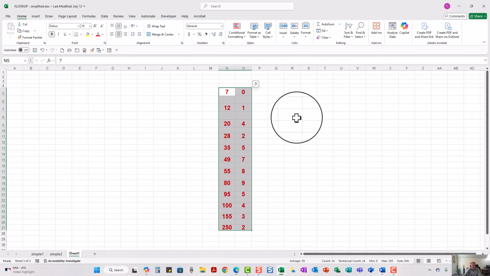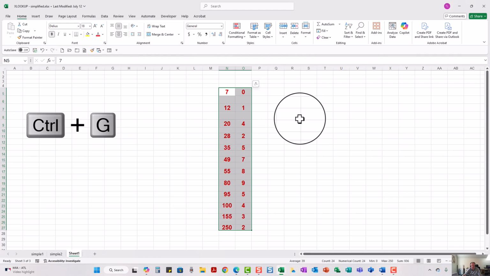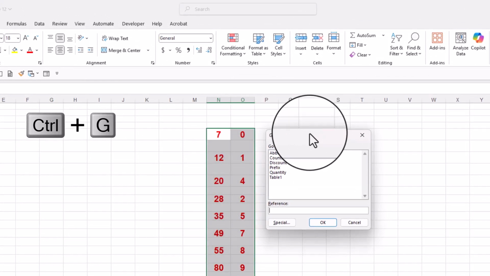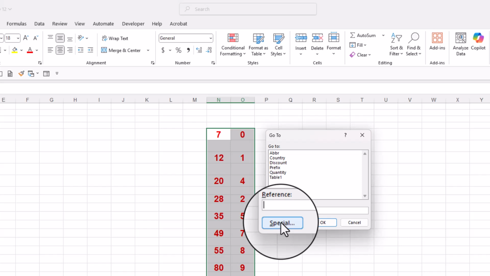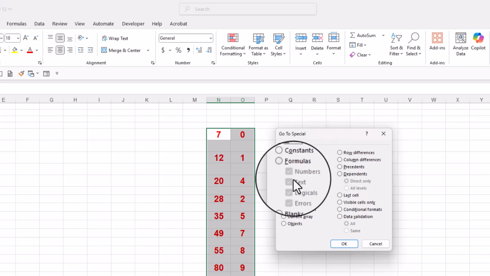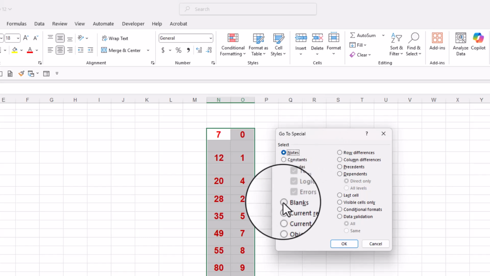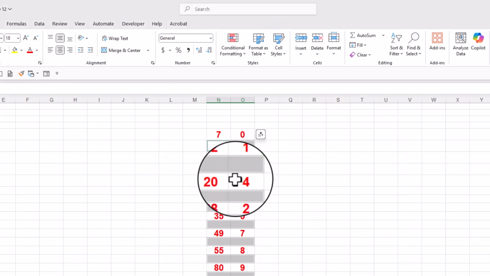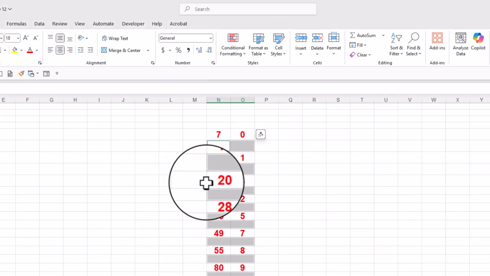Then I'm going to hold down the Control key and hit the letter G for Go. It brings up the Go To dialog box. In the lower left corner, I'm going to click on the button called Special. When the Go To Special dialog box appears, on the left side is a radio button called Blanks. So I select it, and when I click OK, it will select just the blank data, as you can see